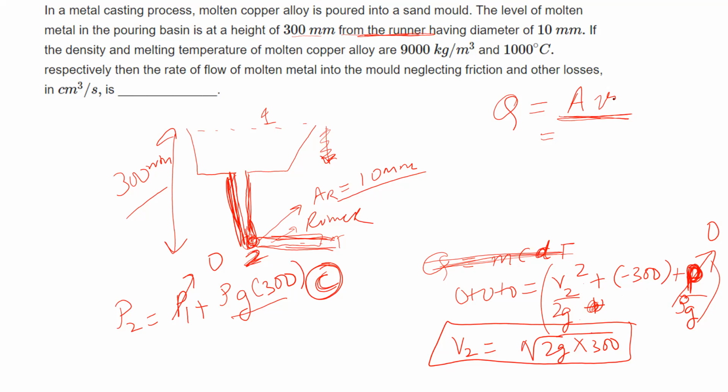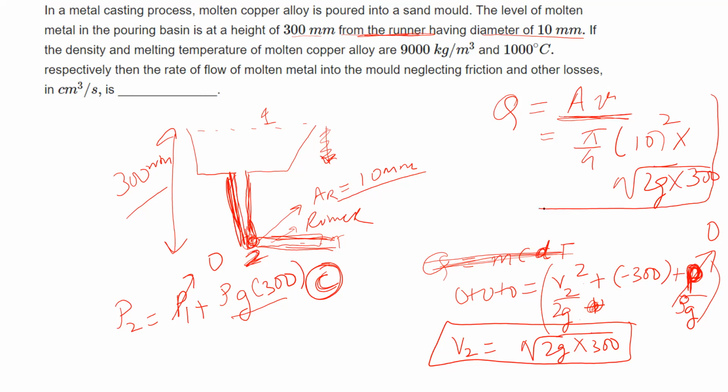The level of molten metal having a diameter of 10 mm, right? So pi by 4 d square into velocity is this root 2. I will just check it out. If I'm assuming here p is 0, then I am getting the answer. So I will just check this answer, okay? Because they have not given any other information, and by using the heat equation also we cannot do the question. So if we do this way, I will just check the answer, okay?